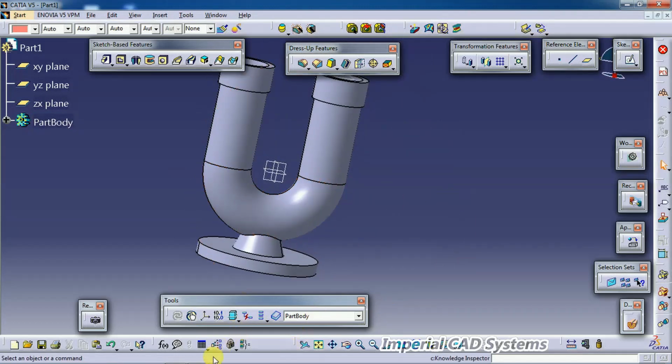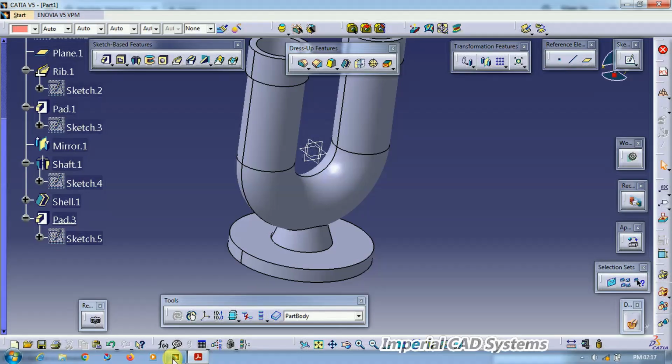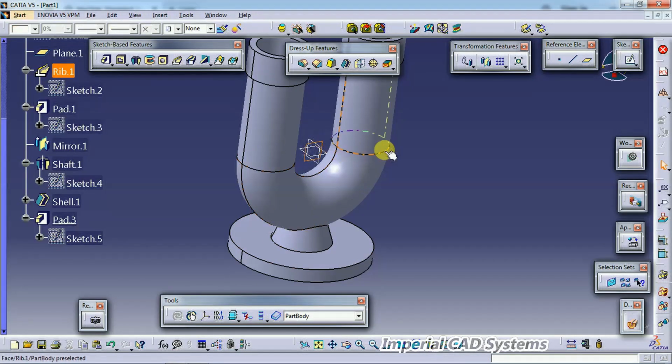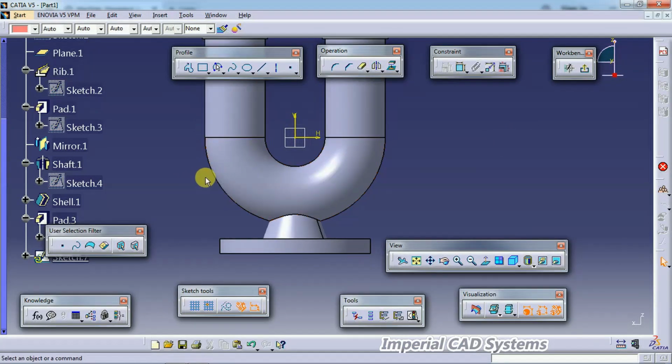Now here we can see a rib on both sides, and in the section view the rib will not be sectioned. It should be shown as it is. We should not show it by hatching, and its thickness is shown here as 24 mm. This rib is shown with the dotted 24 mm. For that, select the same plane, ZX, go to sketch,